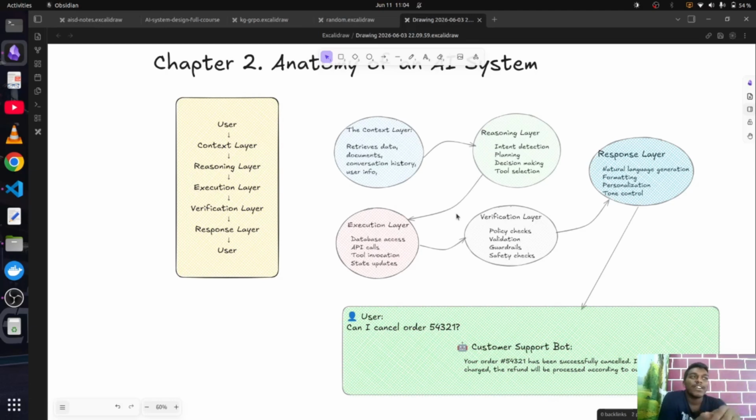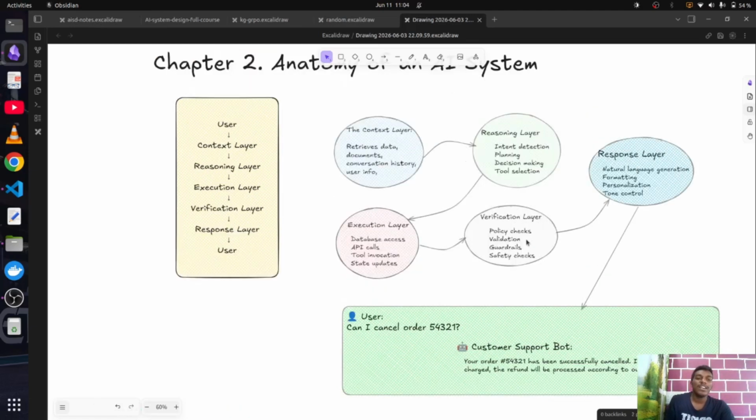So the verification layer mostly revolves around the business requirement. For example, if a customer doesn't want his bot to have some images or something like that. For example, also recently we had Grok being asked to generate some weird images. With the verification layer, you can improve the kind of images generated. Once the image is generated, maybe you can even have a grader which can say how bad it is, how it aligns with the policy of this particular product. So this kind of check can be done in the verification layer.